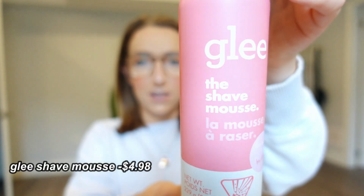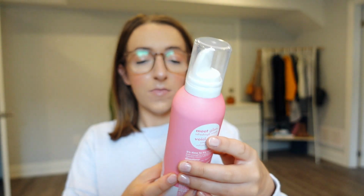The next thing that I bought is a shave cream. I'm pretty sure I talked about that in my Project Pan update, my all things beauty project. So I did buy a new shave cream, and this is the one that I bought. It's called Glee, and I was debating between this one and basically the same one I had before, which is the EOS shave cream. And there was only a $1 difference between the two, and the EOS